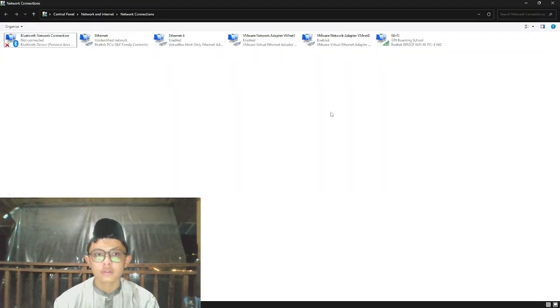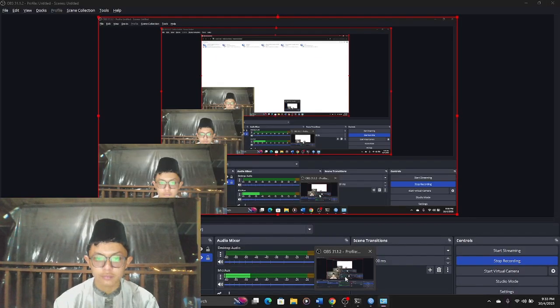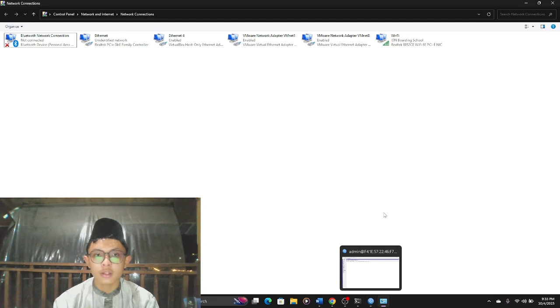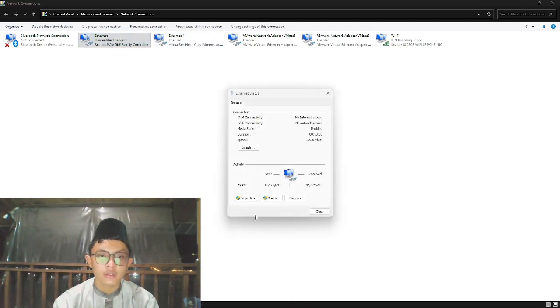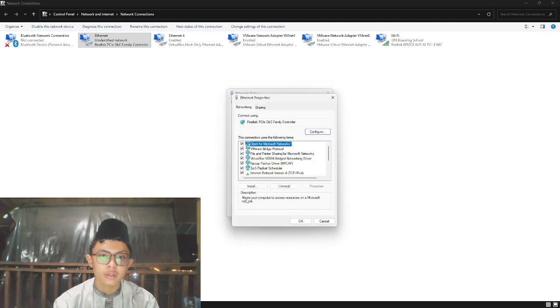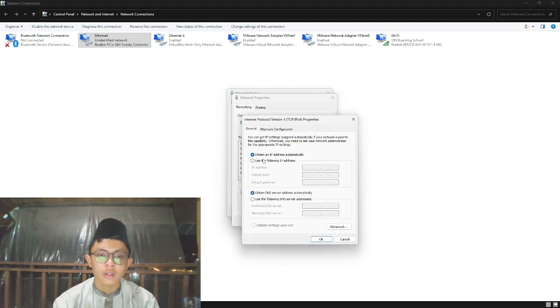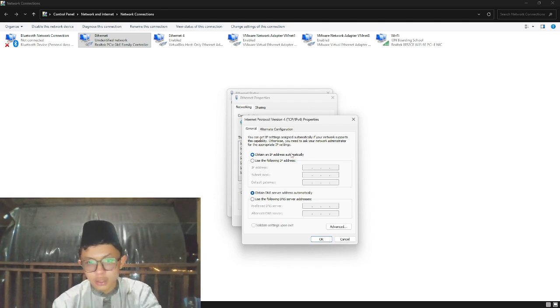You can open the Ethernet properties, and here you need to check Obtain an IP address automatically.